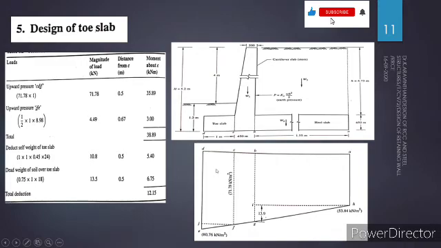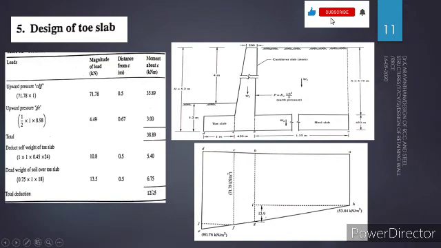Now coming to the centroid, how to find the centroid of this rectangle? 1 meter by 2, so 1 by 2 is 0.5, and you will have a centroid of 0.5 for the rectangle. Here will be the centroid of the triangle, so the remaining distance will be 2/3 of B. What is B here? B is 1, so 2/3 of B will be 0.67. If you multiply this, you will get the moment about this point C. Hence you have to add this and find the total upward and downward force.